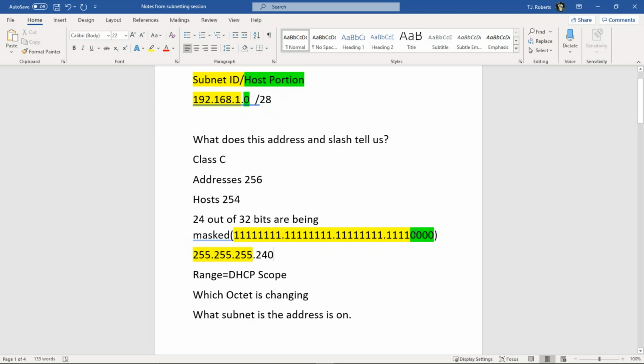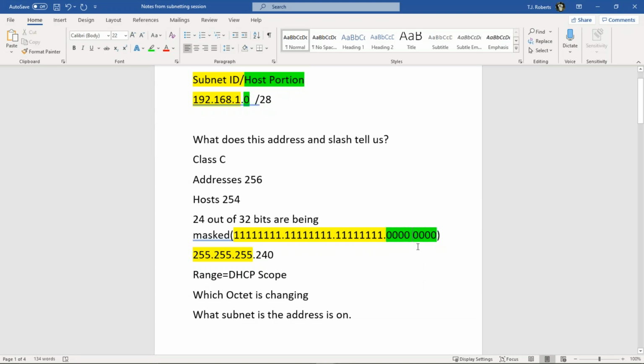By doing this. So if someone comes to you and says, I need a network that allows for 30 devices, right? Let's say that we need 30 devices. Well, now I can structure my network with the subnet mask to accommodate 30 devices and nothing more, as opposed to having this, right? This gives me 240, oh, no, I'm sorry, 256 addresses, but it gives me 254 hosts,